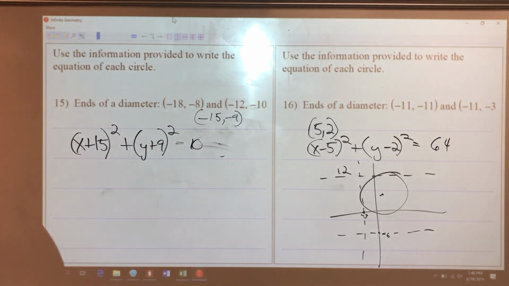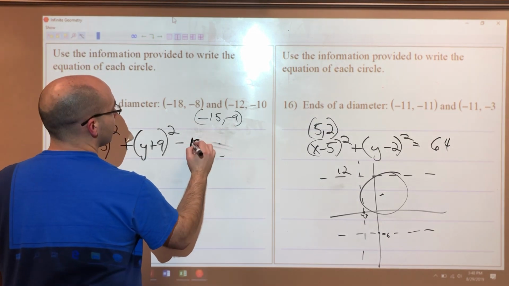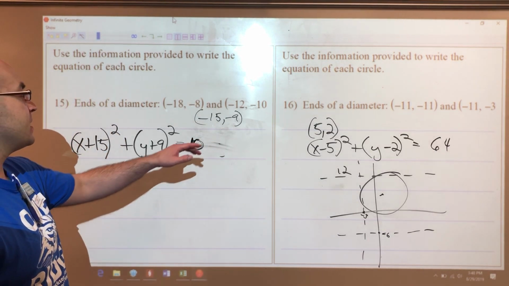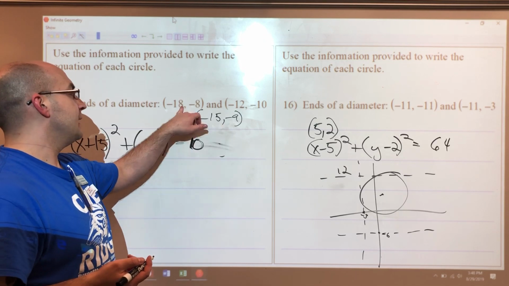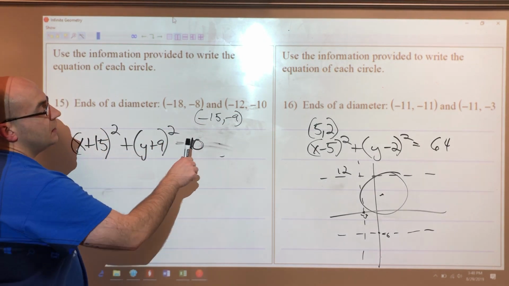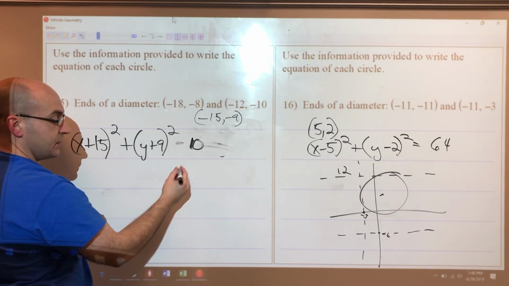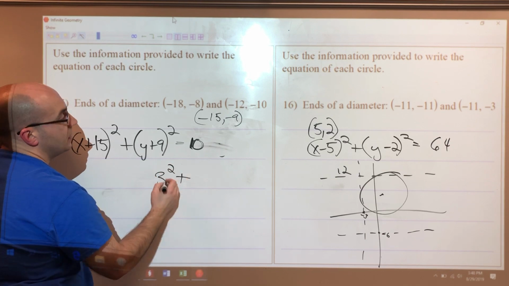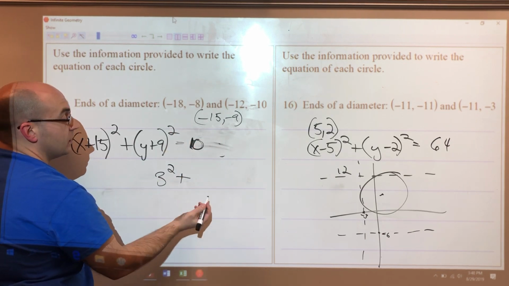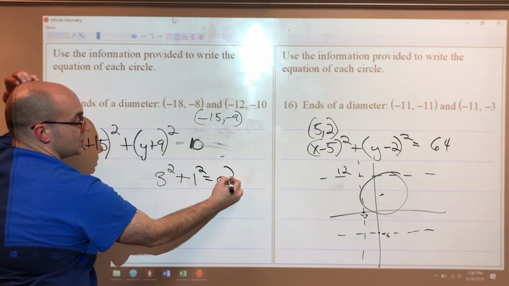Okay? Now, when we talk about finding the radius, you're going to have to use the Pythagorean theorem for this. The Pythagorean theorem will help me get my value. It doesn't matter which one of these you choose, but you're going to have to use that value appropriately. So let's do the x differences first. That's a difference of 3. So 3 squared plus negative 8 to negative 9 is a value of 1 squared,